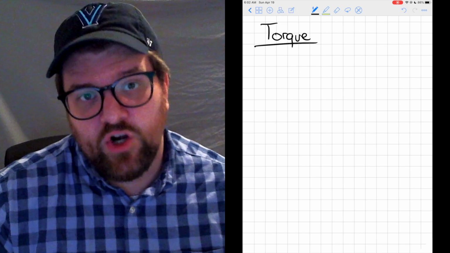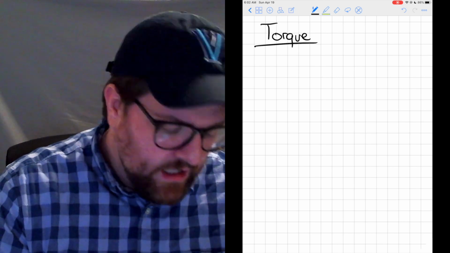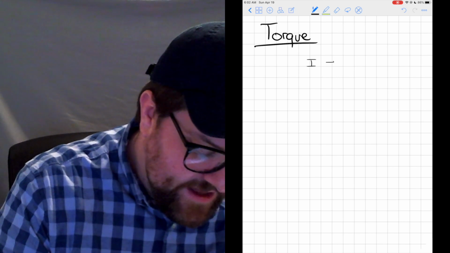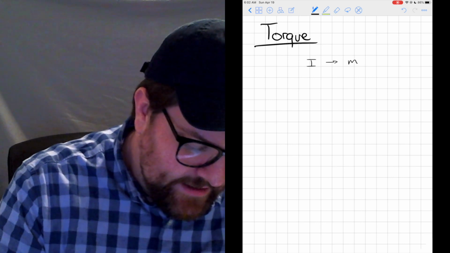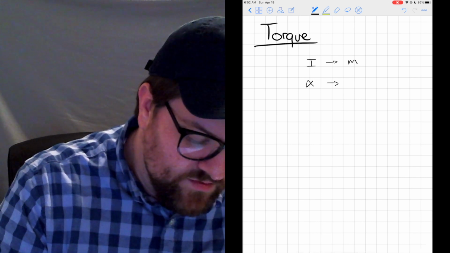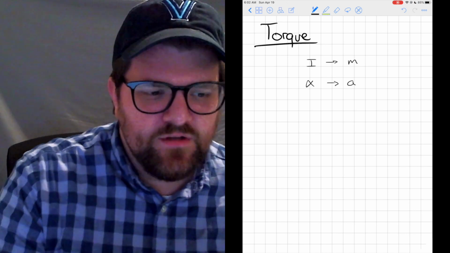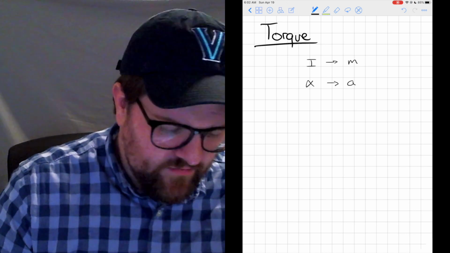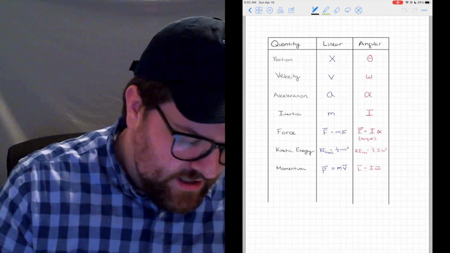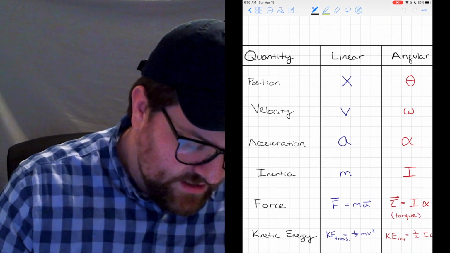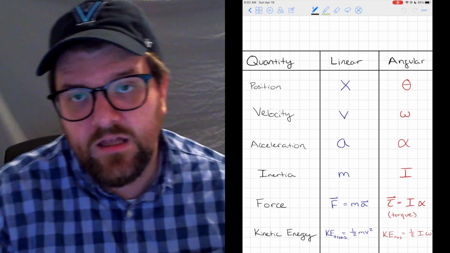But if we think about the story that we're building, we've taken some time to talk about angular acceleration. We knew about that back in chapter 4. And now we know that we have some sort of rotational inertia, this moment of inertia, I. So I is very similar to m, and alpha is very similar to a. In fact, we're building up an entire list of quantities, right? If I think back to what quantities we're talking about in the linear and angular